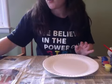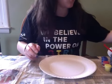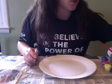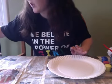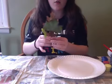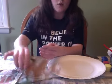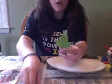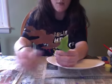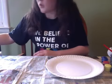So this next one that we're going to do, I think is my favorite, is painting without brushes. You don't always necessarily need brushes to paint. You can paint with other things. So what I'm going to be doing today is one outdoor thing and one indoor thing to paint with. Our outdoor thing is going to be these leaves. Just went outside in my backyard, found a couple of different leaves. They're all different sizes and shapes, which I think is really cool. So we'll start with this one and then we'll move on to our other